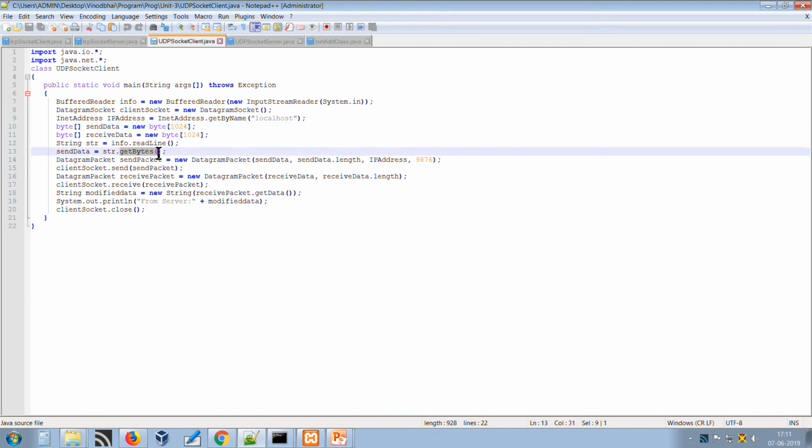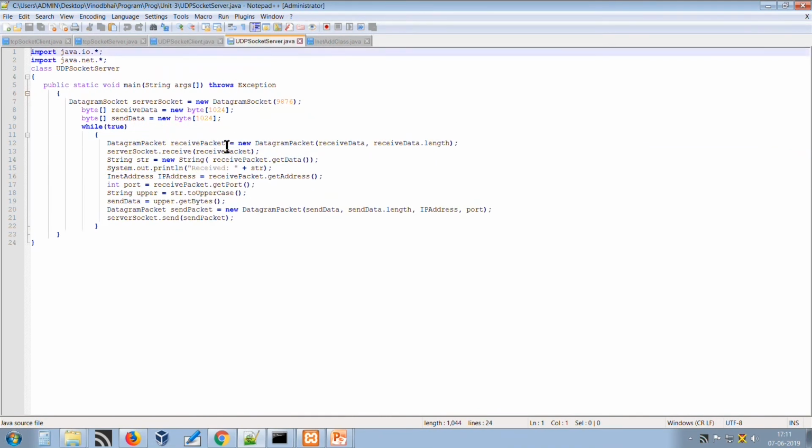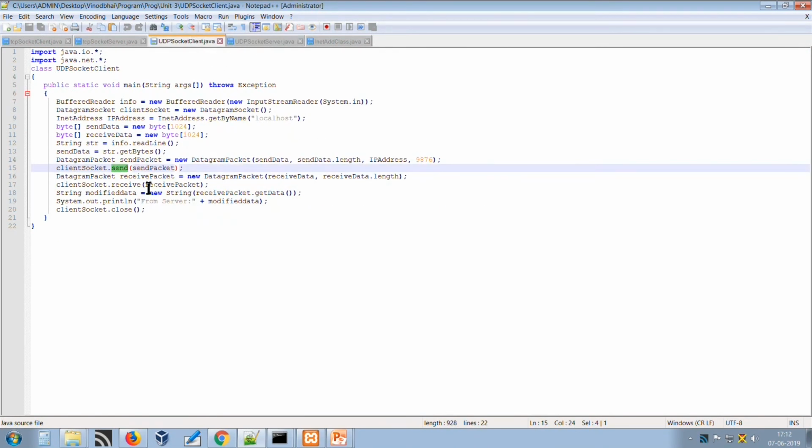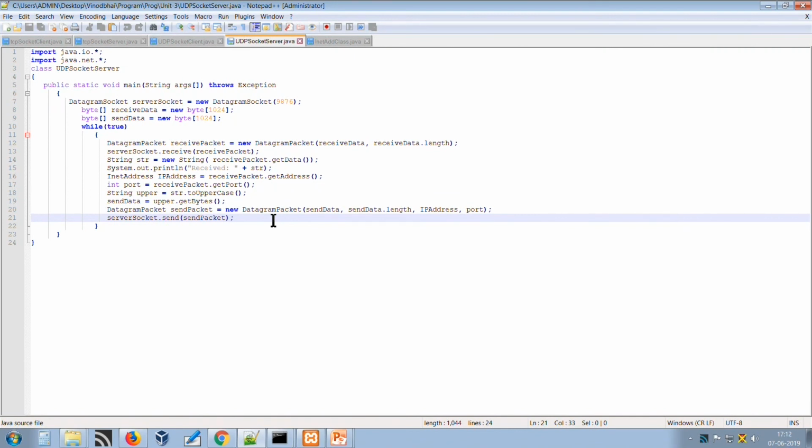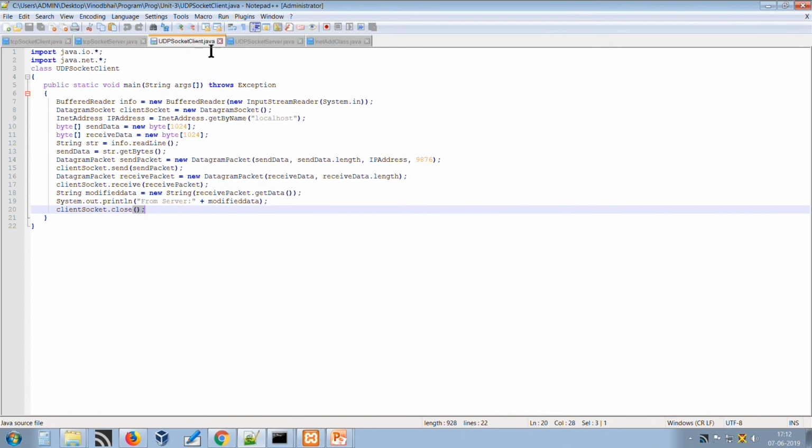We have an array of bytes to store the data and send the data to the server. We are reading the bytes from the string, okay, and then after sending the data, see here, send data is the instance of datagram packet. We are sending the data, its length, and the IP address we have received using getByName of localhost and the port on which the server is listening. Once it is sent, the server will receive it in the opposite manner. It will send it back, and at the same time we will also receive it over here, receive packet dot getData, and we are going to print it, and then after we will close the client socket in the same way as in a server environment. So this is all about a UDP program.